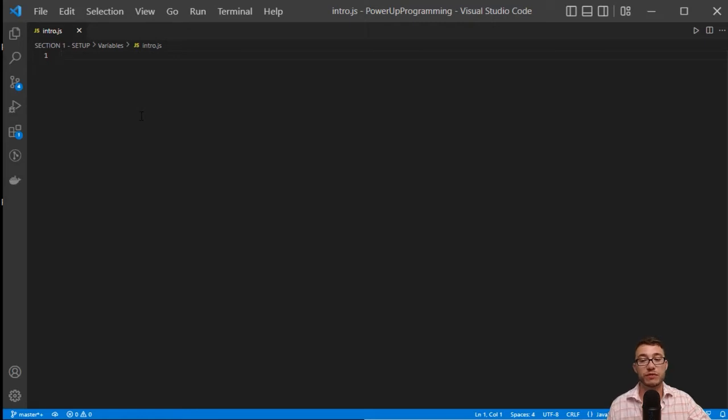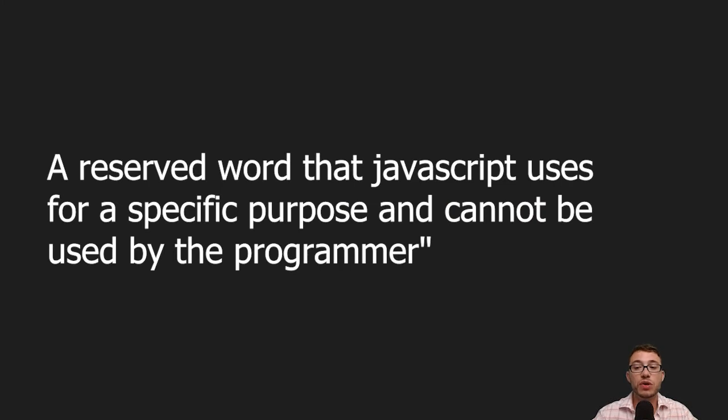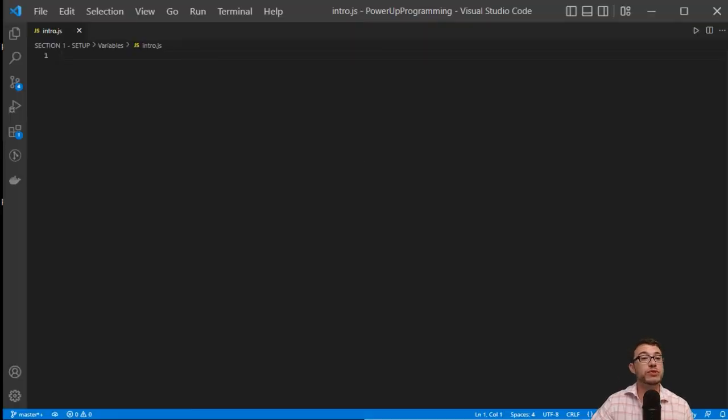Now, to create a JavaScript variable, we use something called a keyword. A keyword is a reserved word in JavaScript that cannot be used for any other purpose. All programming languages have keywords, and they are recognized by a compiler or an interpreter to do something special. For now, this definition will suffice, but in future videos we will touch on compilers and interpreters more. Regardless, we use the keyword var, and then